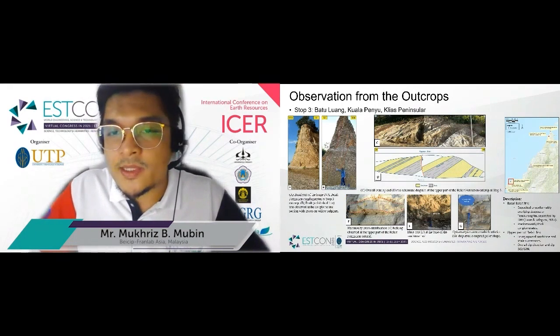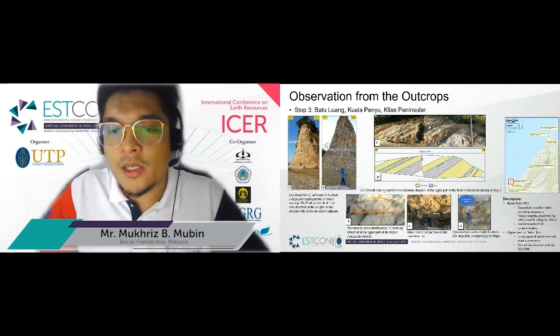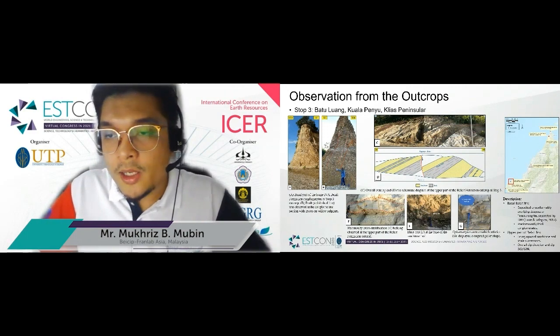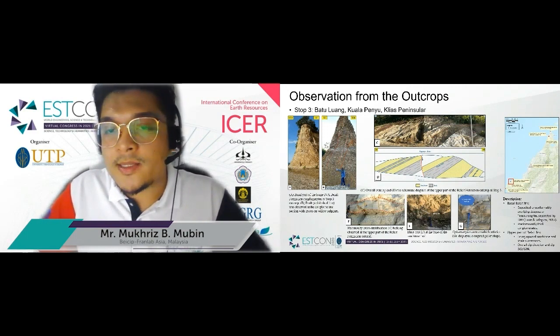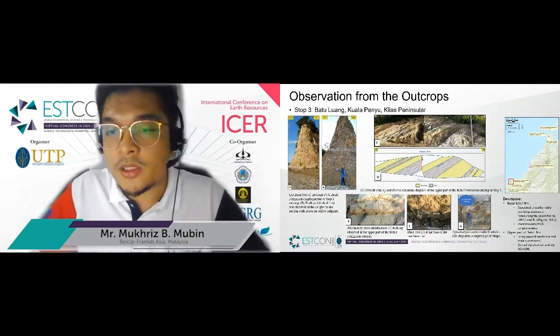Stop 3 represents the basal Belait Formation deposited unconformably overlying the deep water Temburong Formation. These formations are separated by a regional unconformity known as the DRU. The basal Belait Formation is composed of predominantly conglomerate with a few interbedded coarse-grained sands deposited in a fluvial environment. The conglomerates are composed of various grain sizes ranging from boulders to pebbles, which implies deposition in high energy